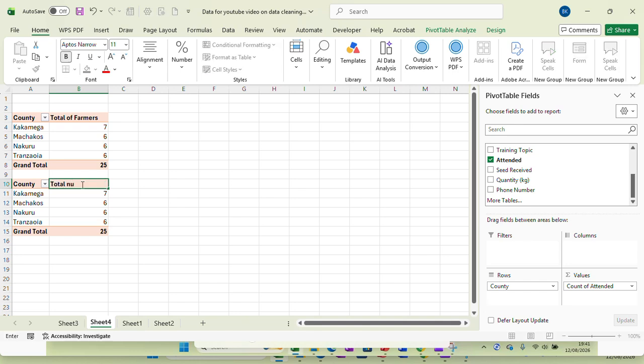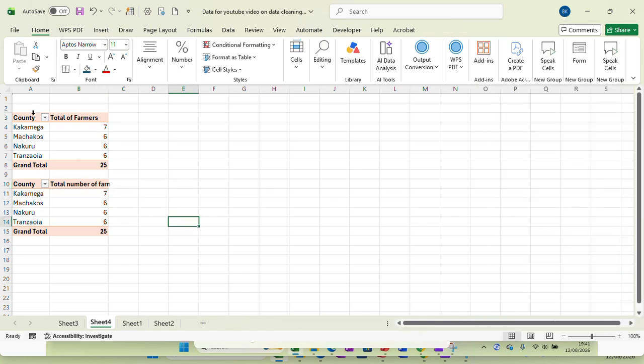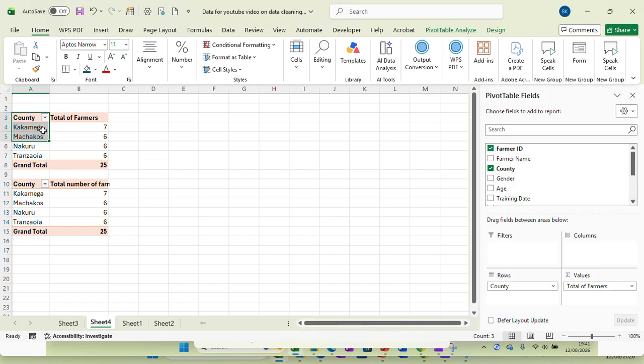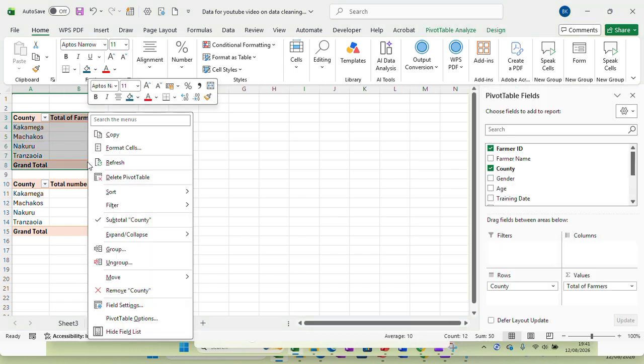I want to have it as total number of farmers attended the training. Then the county will remain that. So I want also to look at